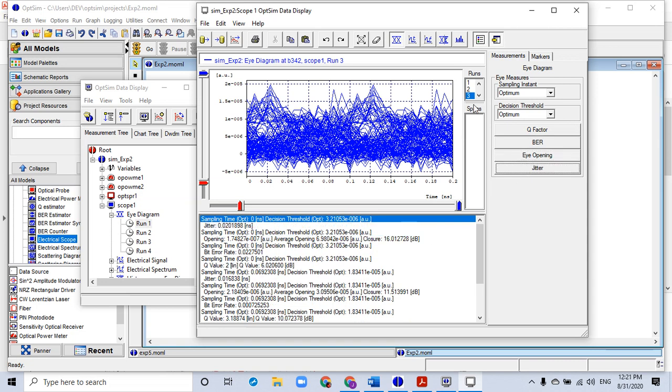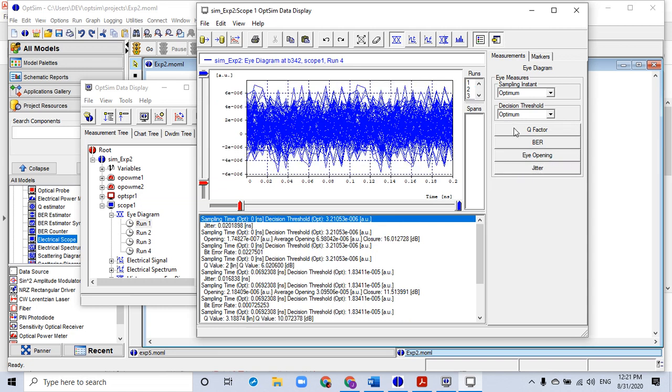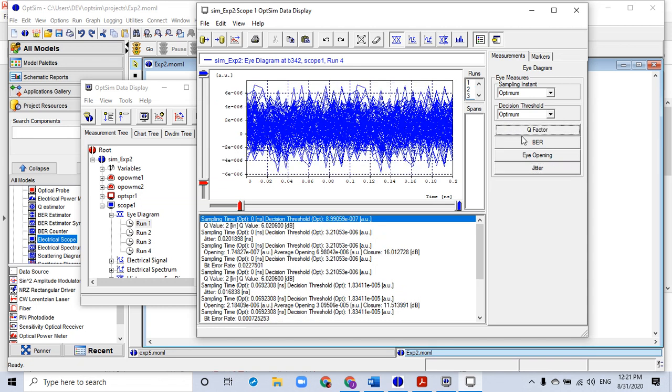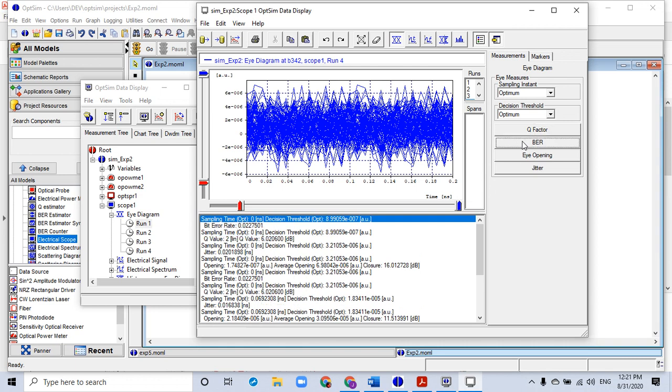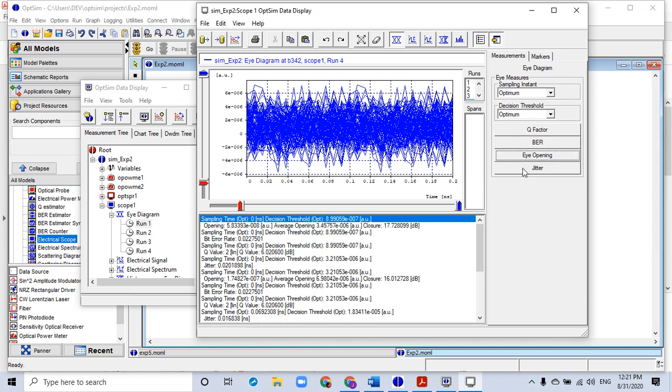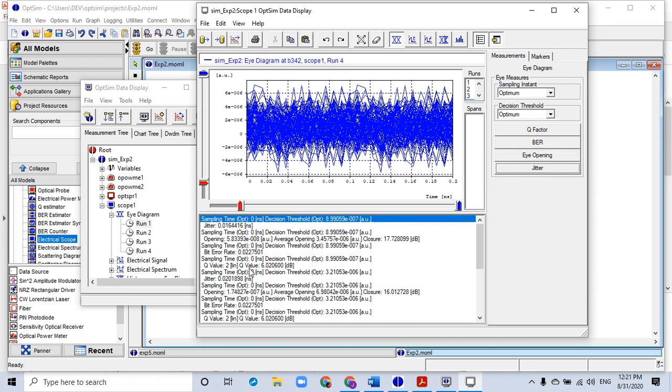And for the final run, where the length is 120 kilometer, I need to note down the Q factor, BER, eye opening, and jitter. So you will see that the jitter value for the previous run, that was run 3, was 0.02 nanoseconds, whereas for run 4 it is 0.016 nanoseconds.